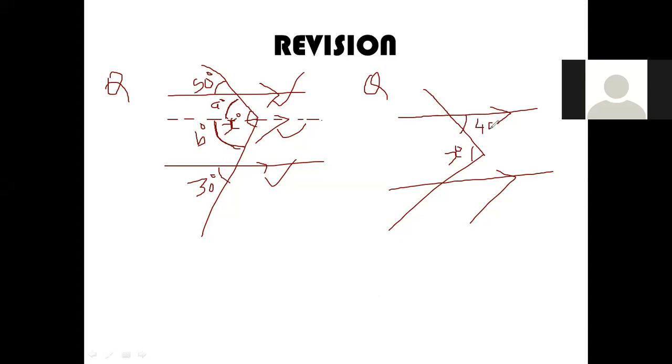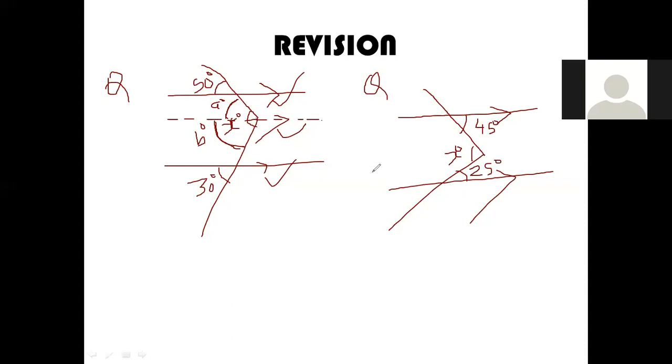Suppose this angle is given there 45 degree, and this angle is given there 25 degree. Suppose, okay. This suppose 25 degree. Okay, children, then how to find out the value of x, children?